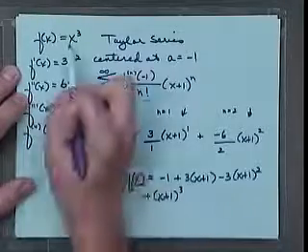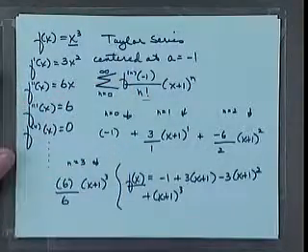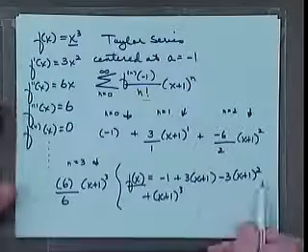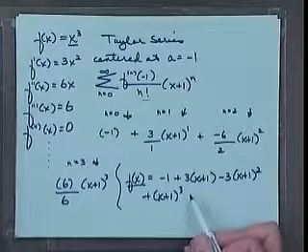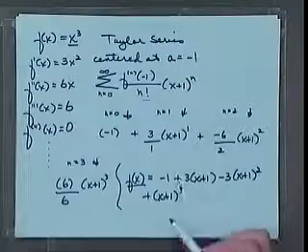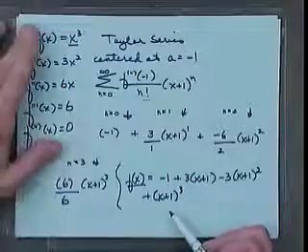Now, we know what f of x is. F of x is x cubed. So let's see if we do all the stuff that we're supposed to do. This isn't part of the problem. Technically, you're done with the problem when you get here, but this is why